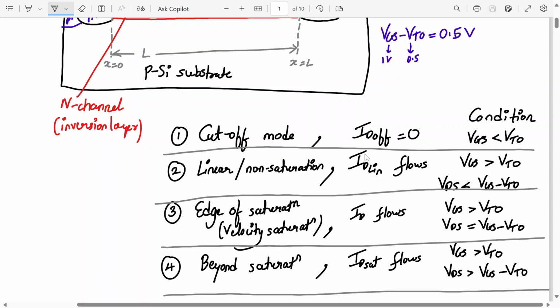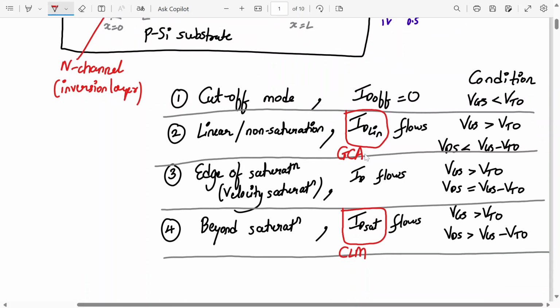Now in today's lecture, we will be deriving the expression of ID linear, and also the expression for ID sat. When we derive ID linear, we will be applying gradual channel approximation, GCA. And when we derive ID sat, we will be applying channel length modulation, CLM. So both topics are inclusive in your syllabus. Okay, understood? So the next task is,